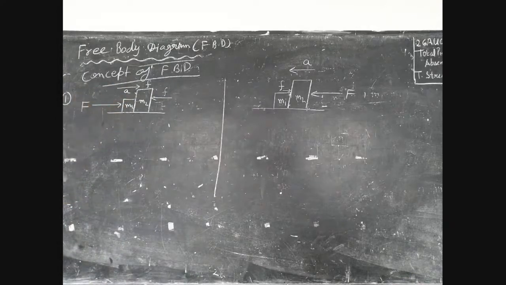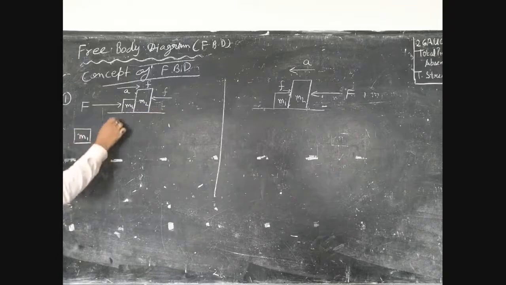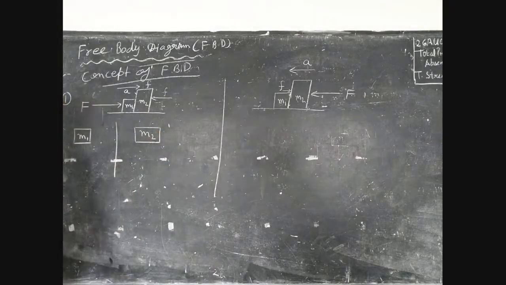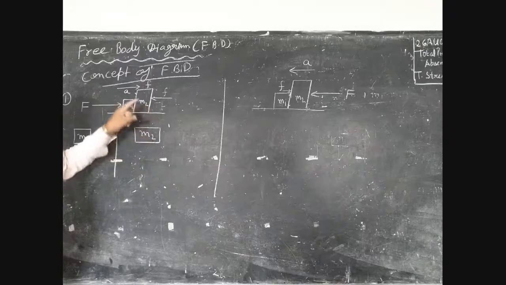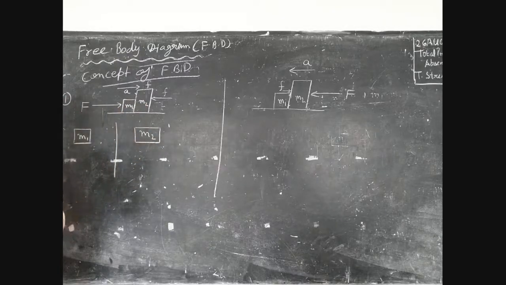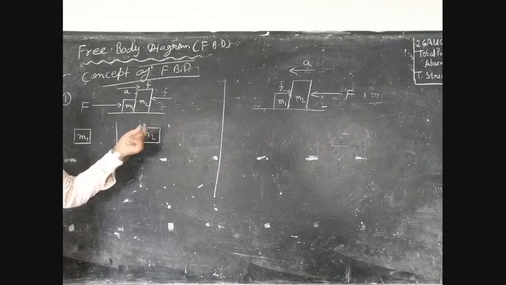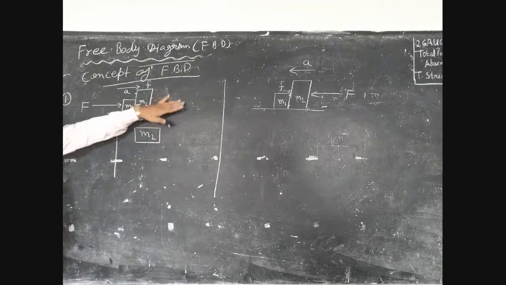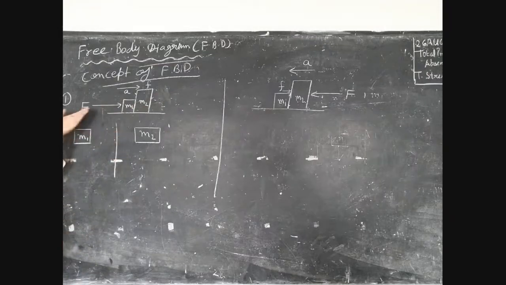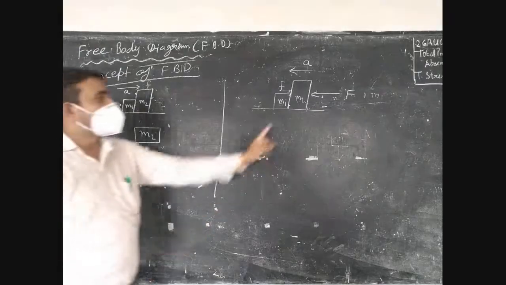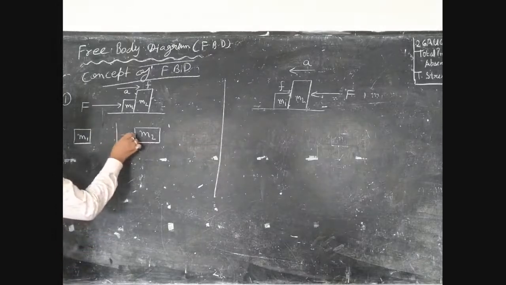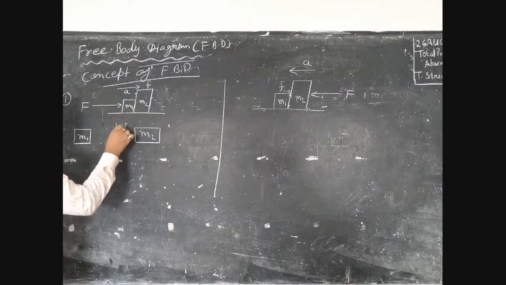For solving the situation, you need to make a separate free body diagram. This is m1 and this is m2. Okay? Always remember, in the free body diagram, the free end you solve first. Which one is the free end? The free end is where the force is not applied. If the force is applied here, then m2 is the free end; if the force is applied on m2, then m1 is the free end. So first you have to solve m2. The force on m2, after opposition, will be your f.